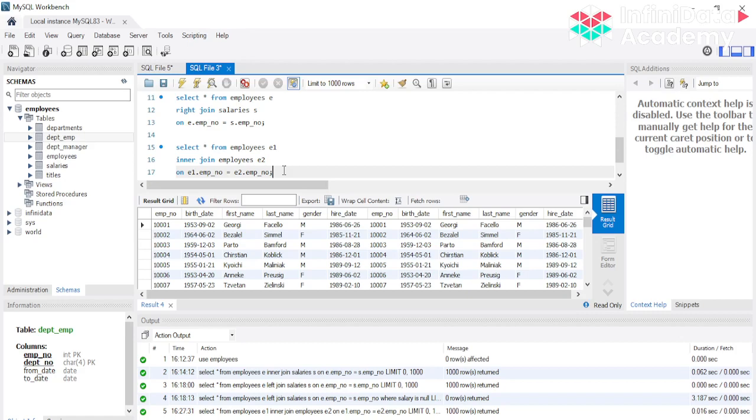So उस केस में हम क्या कर सकते हैं? We can do a self join on that table on that manager number, or manager number के against we can show the manager name in the final output. So it will be like employee name, then the employee number, manager number and manager name.